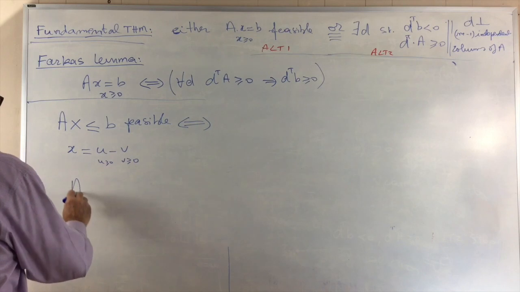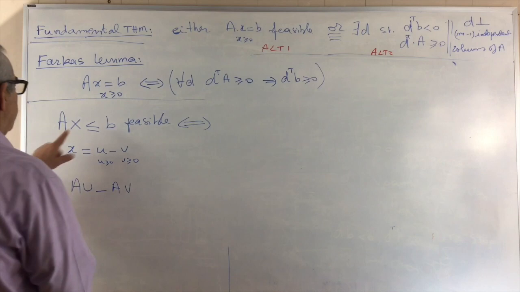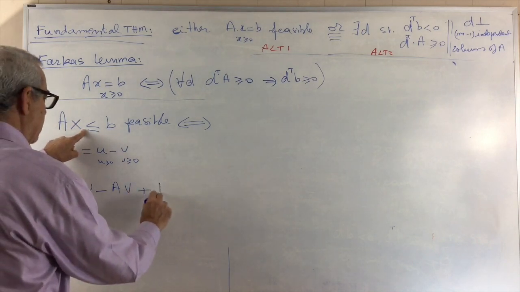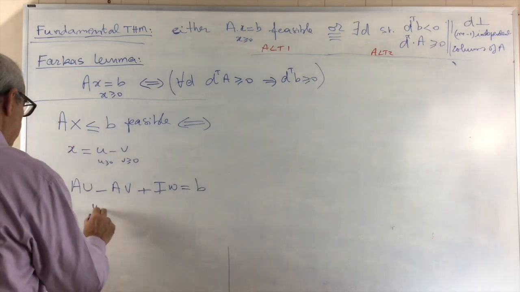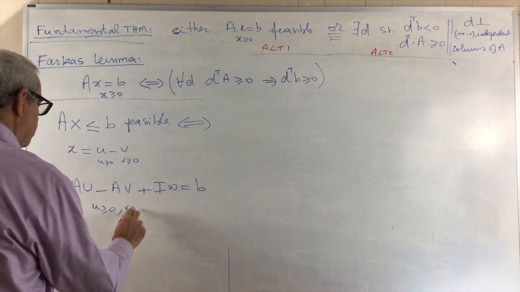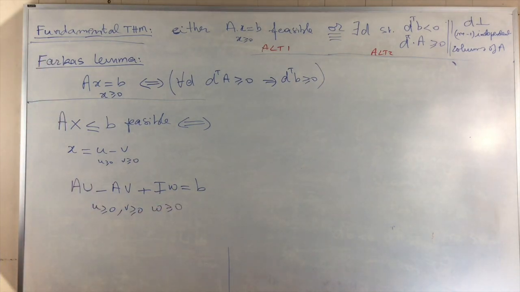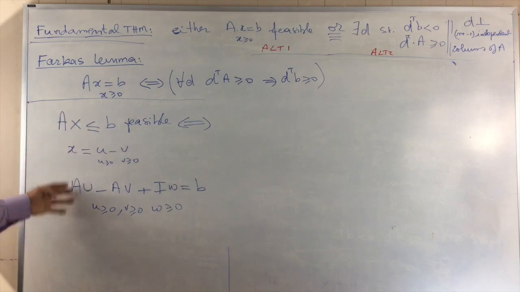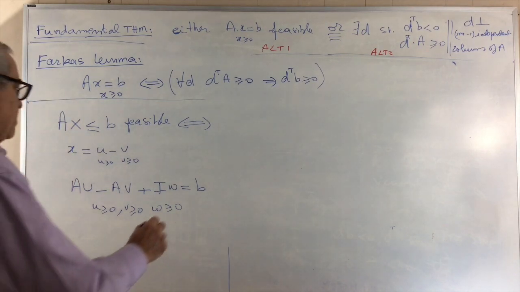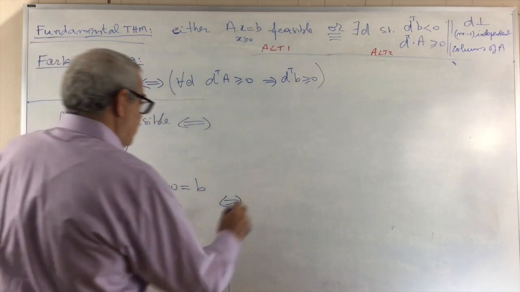So now I apply this to here. So I have Au minus Av. And then here, less or equal, so I'll add Iw. I introduce a new variable, equal to b, and u greater or equal to 0, v greater or equal to 0, and w greater or equal to 0. Okay? So now this system is equivalent to this system here. And now this system is in this form. So this is equivalent to, for every d,